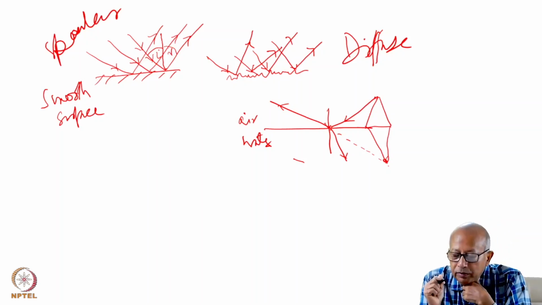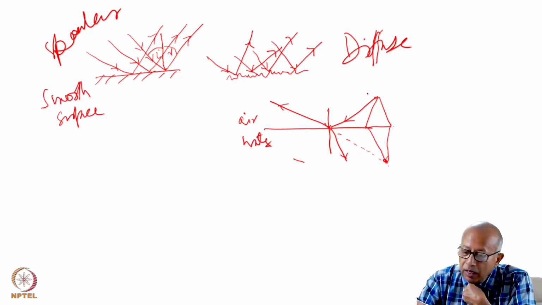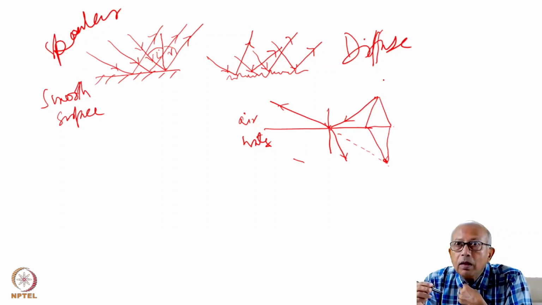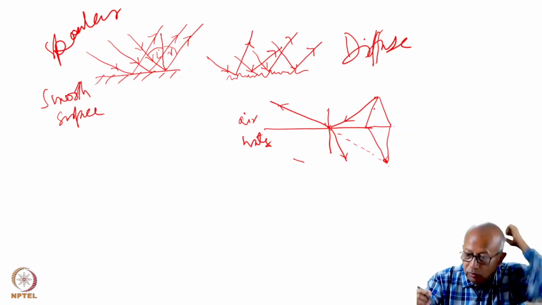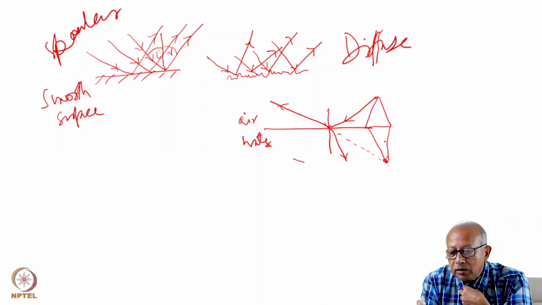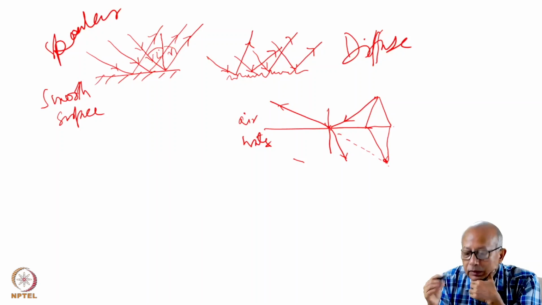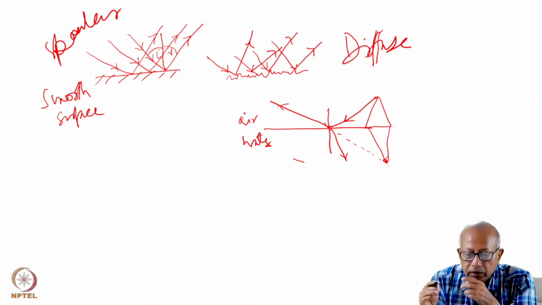But the important point that I would like you to note here is that generally this image would not be as bright as that of the object. Let us consider the case of sunlight. It will be absolutely bright, but this image can be much less bright because only part of the light is reflected, and the rest of the light escapes into the water. That is why the image often is not as bright as the object.